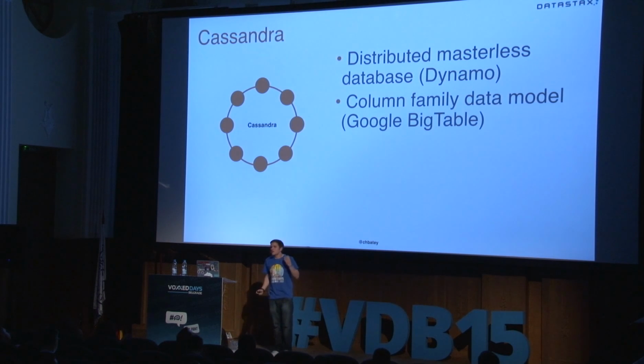That described a key value store. So with a key value store, you're very limited in how you can model data. It's a blob. Literally, Dynamo is a blob key to a blob value. That is not what Cassandra is. It's what's often referred to as a column family store or a wide row. That's where you get to choose how Cassandra orders things on disk so you can access it very well.